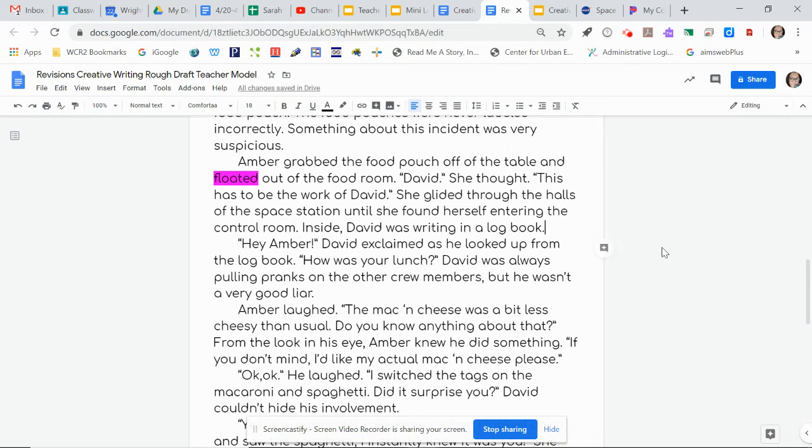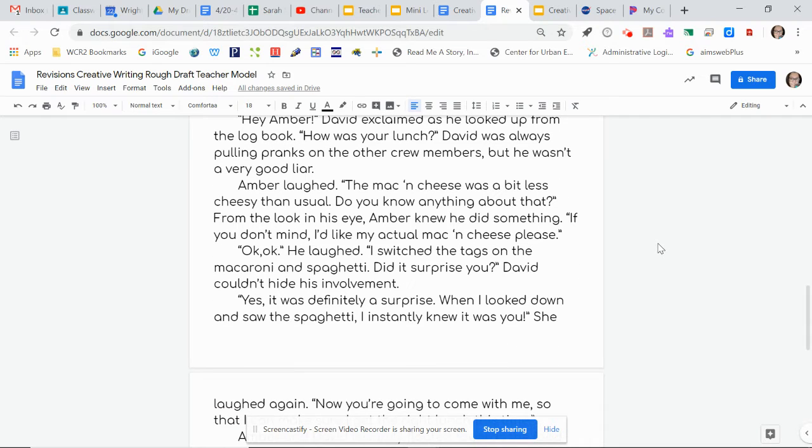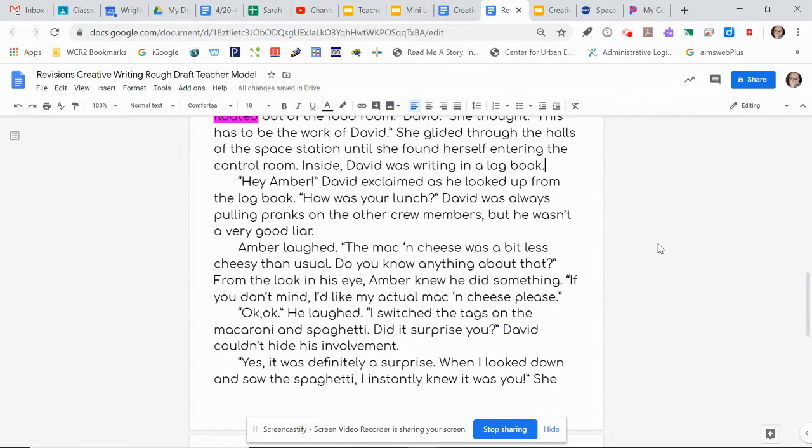I'm gonna go ahead and skip down because I've read this story to you guys a couple times now. And I'm gonna look at one more spot that I saw and noticed that I thought should be changed. And that was